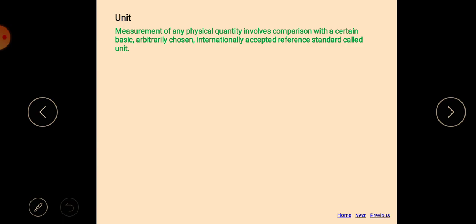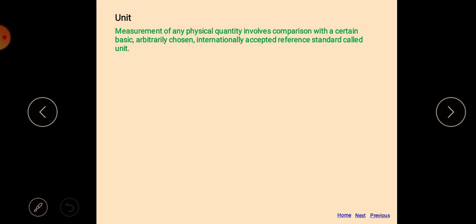Certain basic means there is some basic measurement, and arbitrarily chosen means decided by oneself, और खुद से का मतलब यह है कि हम सब अलग अलग अपनी अपनी यूनिट्स नहीं डिसाइड कर सकते हैं, क्योंकि अगर हम यूनिट्स डिसाइड करने के लिए अपने अपने स्टैंडर्ड्स लेंगे तो सभी के मेजरमेंट्स अलग अलग होंगे। तो इसके लिए अथॉरिटीज़ हैं, इंस्टीट्यूट्स हैं जो डिसाइड करते हैं कि यूनिट का मेज़रमेंट कैसा होना चाहिए और उसको चूज़ करने का तरीका क्या है। इंटरनेशनली एक्सेप्टेड, जैसा मैंने कहा, और ये कोई स्टैंडर्ड होगी जो कि रेफरेंस के तौर पे लिया जाएगा।